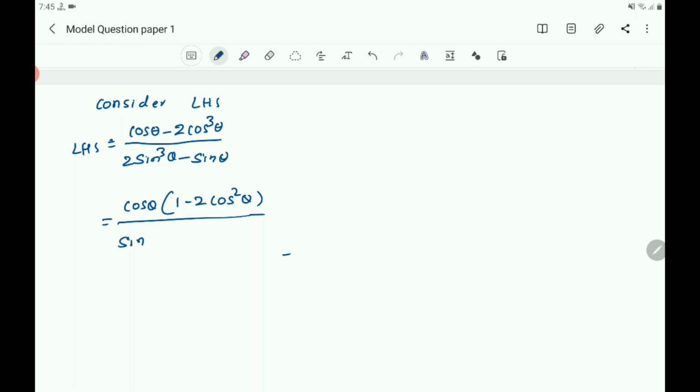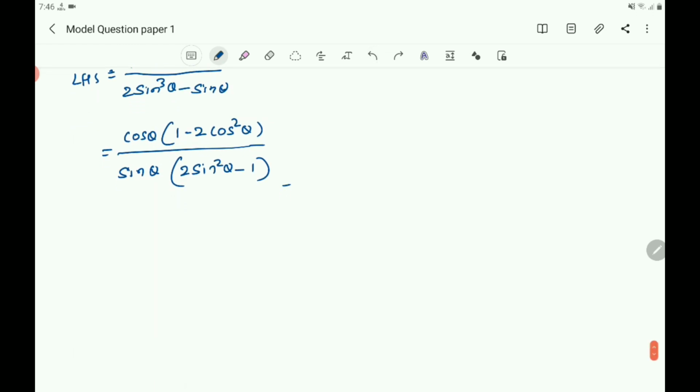Sin theta is common, into 2 sin square theta minus 1. In the place of 1, let us write sin square theta plus cos square theta. Write that, equals